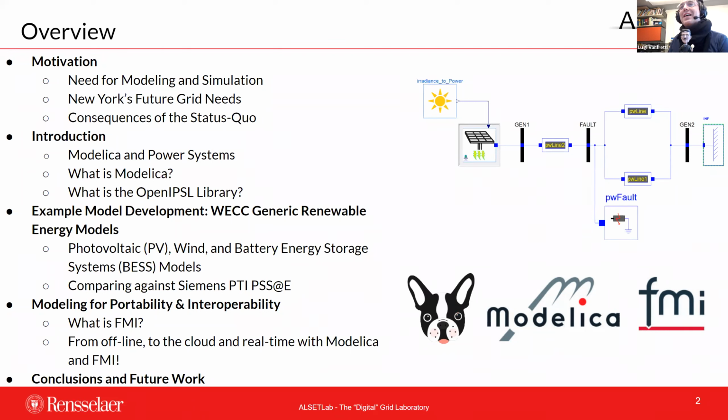So the specific example that we're going to talk about is the PV, wind, battery, and BES models that normally, if you're in utilities or as a consultant, you have to use in the Eastern interconnection of the US, you have to use Siemens PTI. So to give you proof that this is a viable approach, that we can get the same and better results than the state-of-the-art tools, we actually have a process for model verification and software-to-software comparison. I'll talk to you about that.